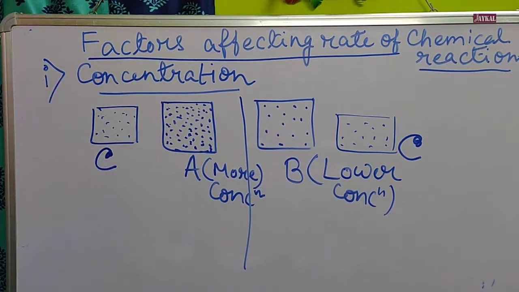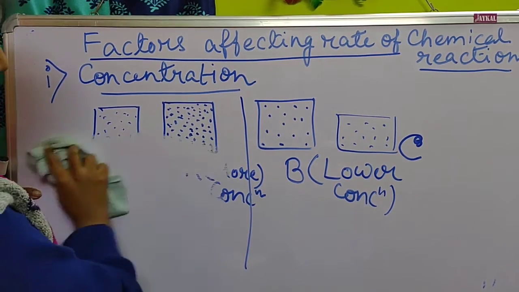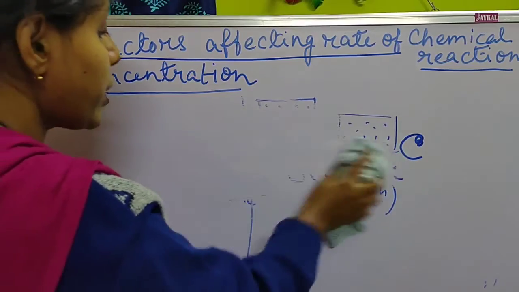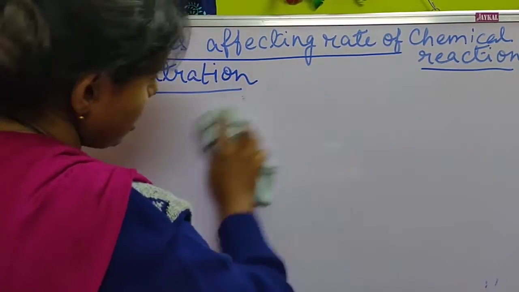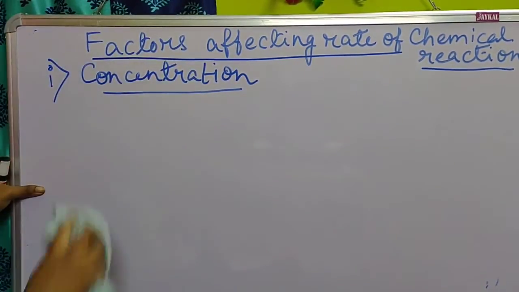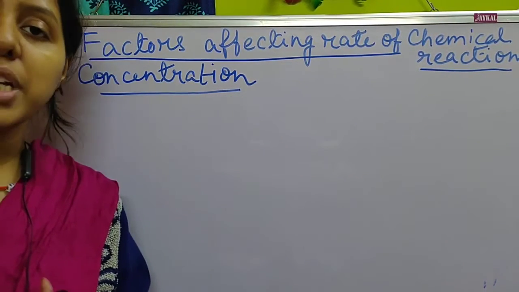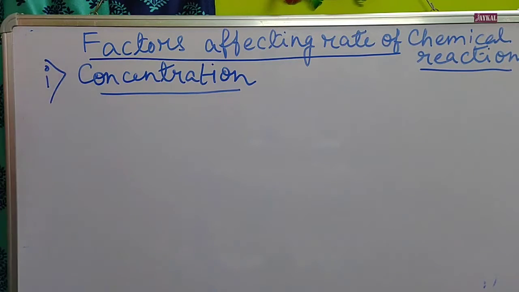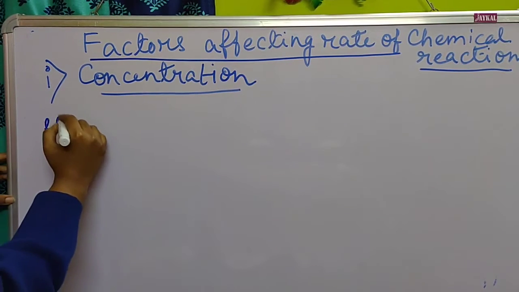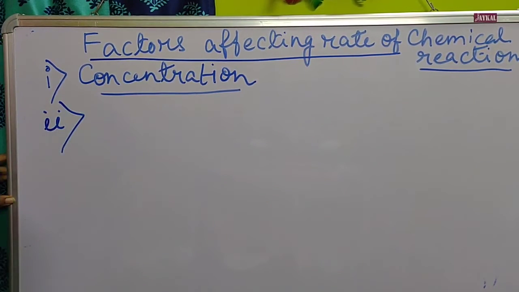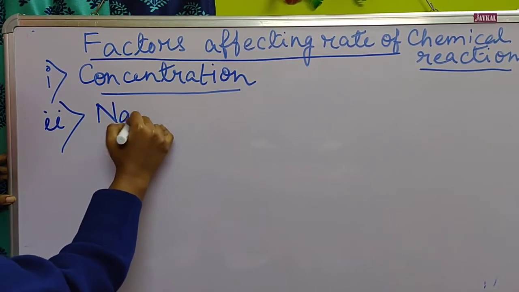So that is the effect of concentration. I hope this is clear. That's why concentration is a very important point, because of intermolecular collision. So the larger the concentration of the reacting molecules, the greater will be the rate of reaction. Next, point number 2 is nature of